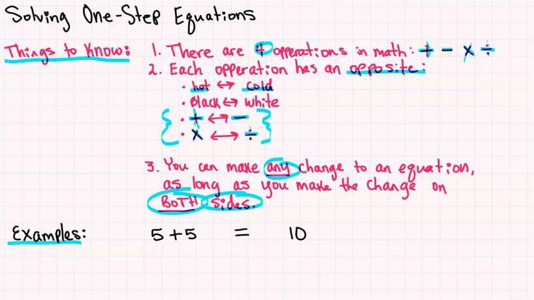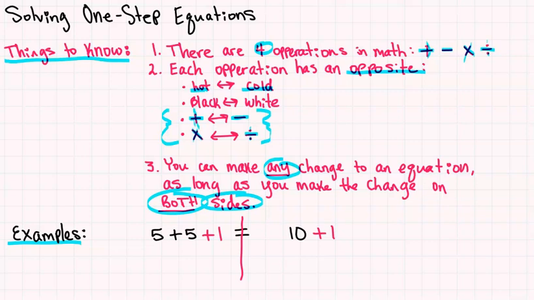Well, what if I wanted to do an operation on the left side of my equal sign? What if I wanted to add a 1? Are these two sides of the equal sign still equal? Well, no, because 5 plus 1 is 11, and that's not equal to 10, unless I do that same change